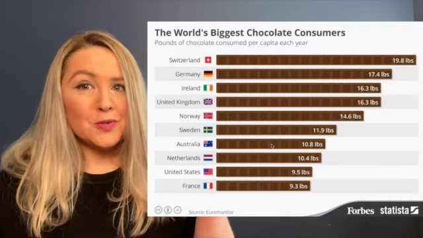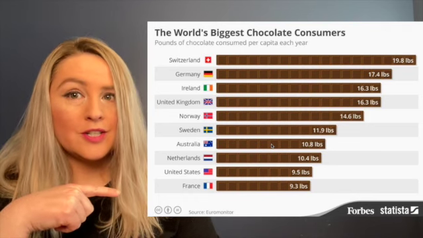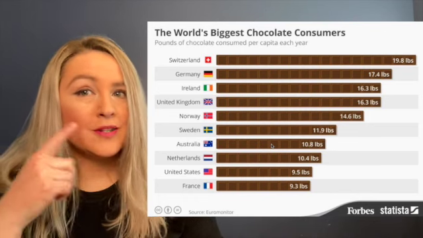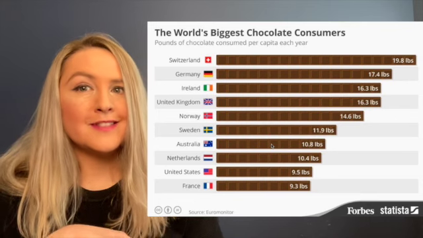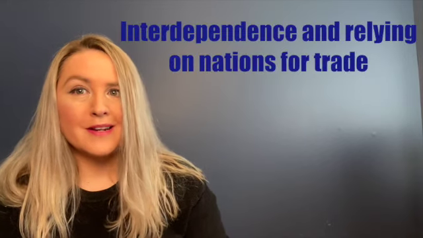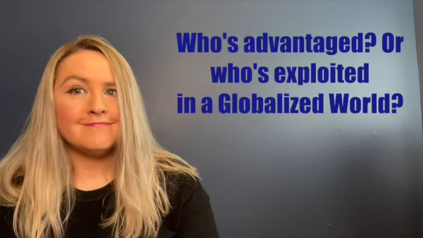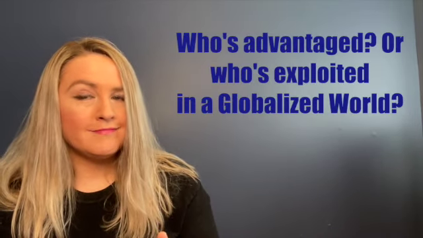But then when we look at who gets to consume most of the chocolate, look at who the top consumers of chocolate are. But what's the other big thing they have in common? It's global north. Global north is who gets to consume most of the chocolate that's produced. So how does that make sense for our interdependence? How does that make sense in context of our theories of exploitation? It provides a pretty interesting picture.